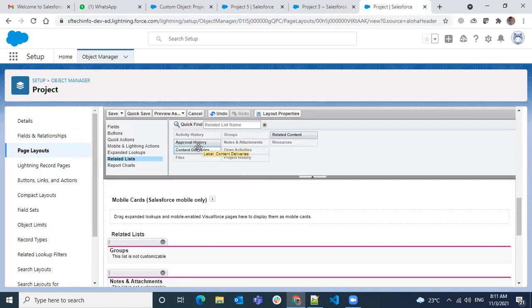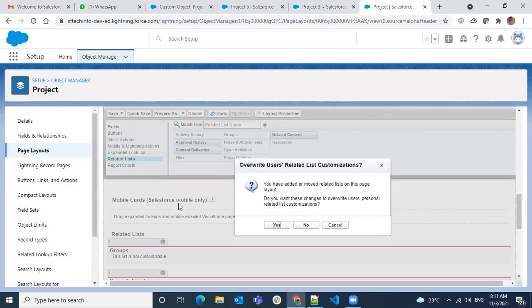There's one more option called activities. Then only you see everything here, like activity history or open activities. All this you see only if you enable activities on the object. And these files, attachments and notes, if you want to add any files or notes to the record, you can add. This is also a checkbox available when you create an object. In the details you can see all those.